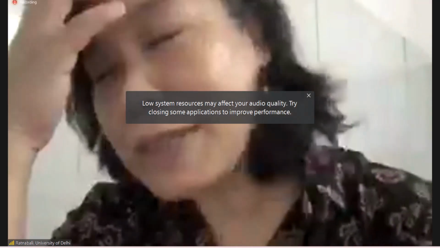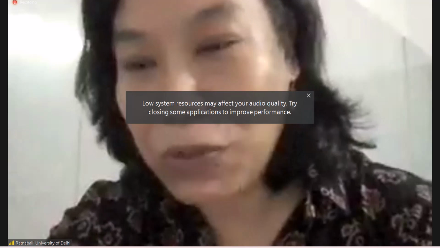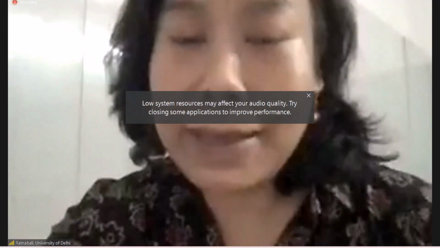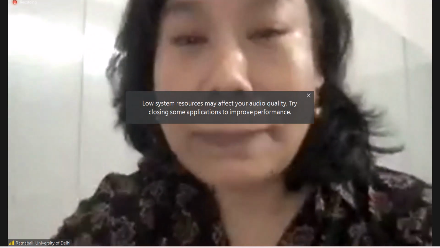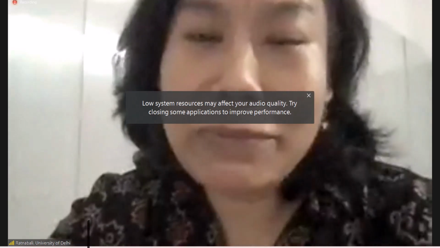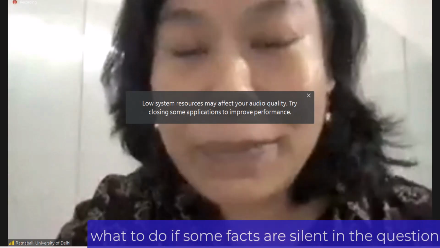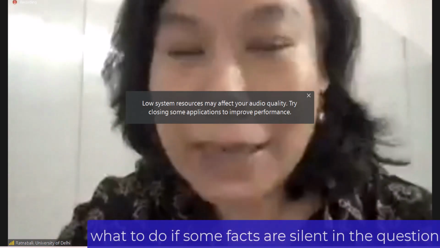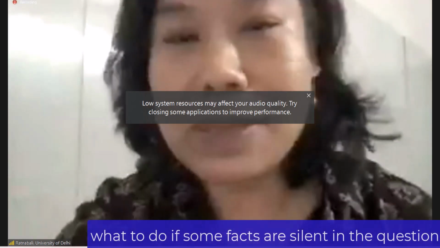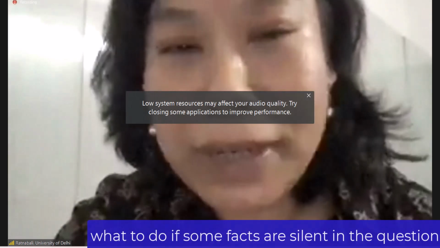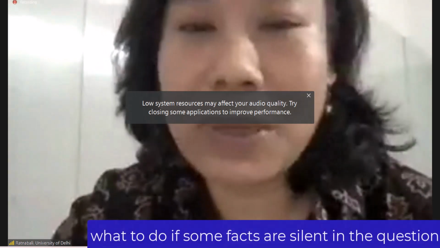Now, many a times, if you look at the hypothetical questions, you may feel that the facts given are not complete. So, whenever some facts are silent, then you have to attempt the answer, apply the law in two provisions. So you have to take both the alternatives of the situation.